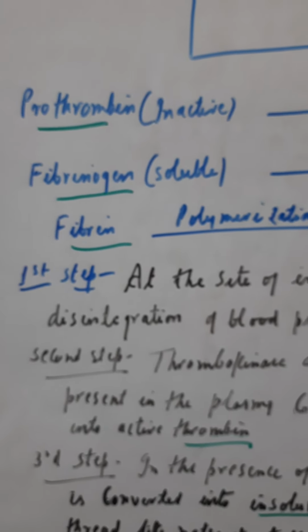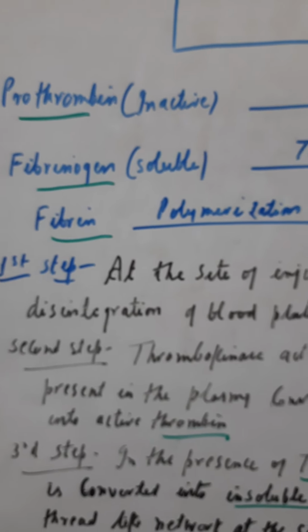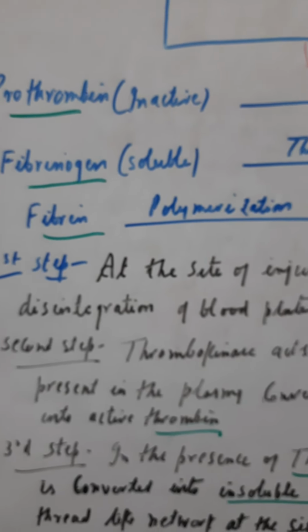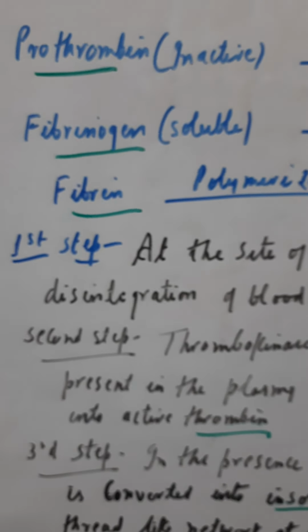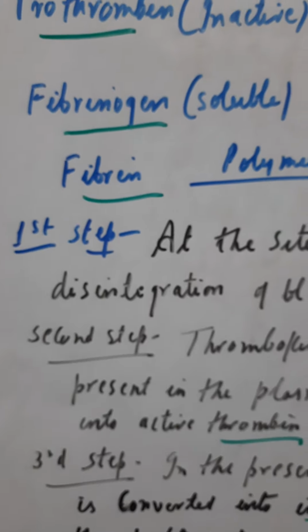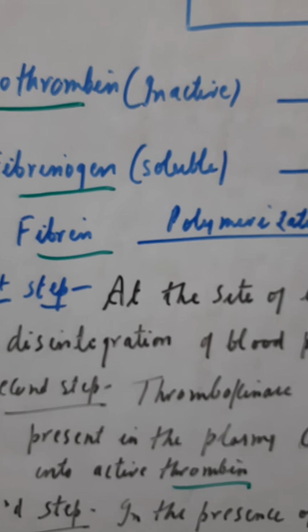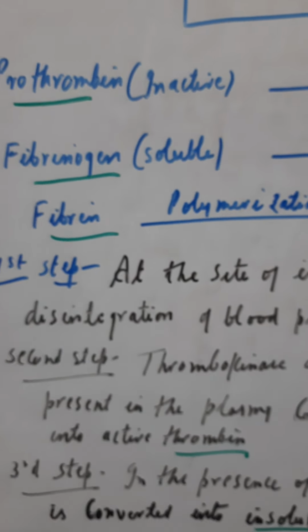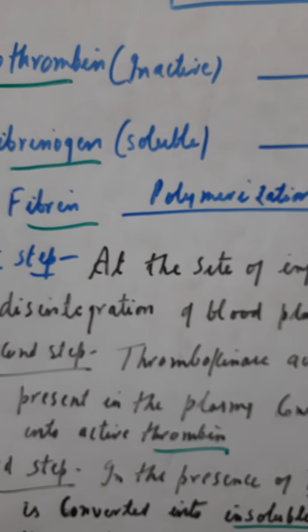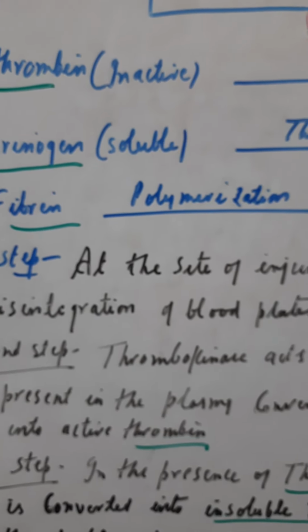Now the red blood corpuscles of an individual may possess either antigen A or antigen B, or both antigens, or none of them. So it is the distribution of antigens which determines the type of antibodies in the blood. So here you can say that there are 4 types of blood groups. Already you would have read: blood group A, blood group B, blood group AB, and blood group O.